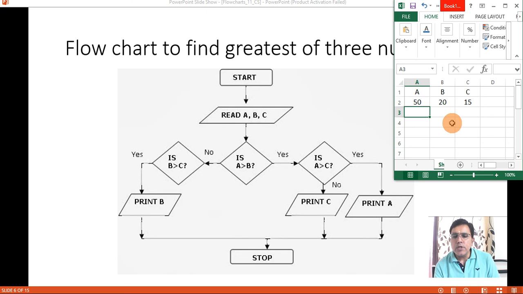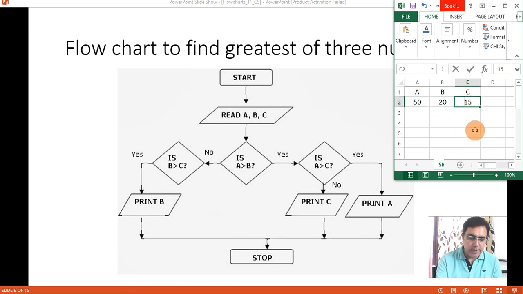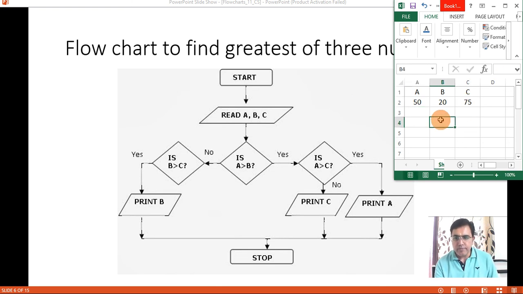That means print 50. After displaying 50 it will come here, right? Now suppose the value of C is, let us say, 75, right? Again value of A is 50, B is 20, C is 75. So it will come here. Is A greater than B? 50 is greater than 20. Yes. Yes means it will come here.